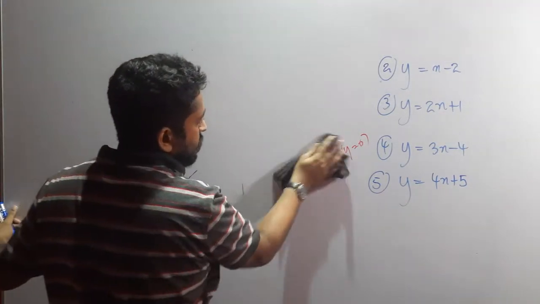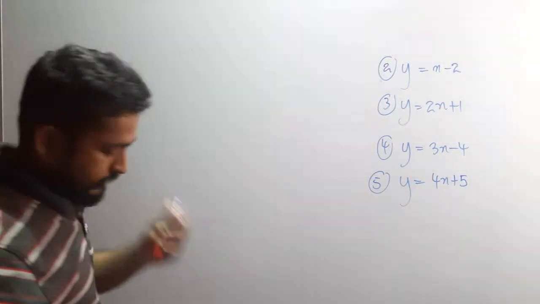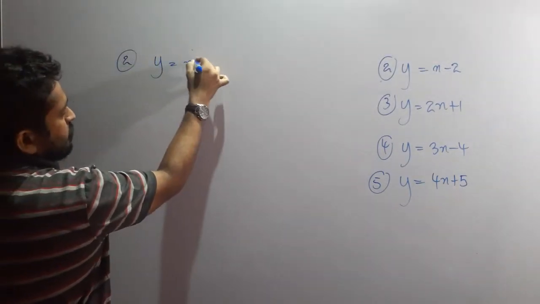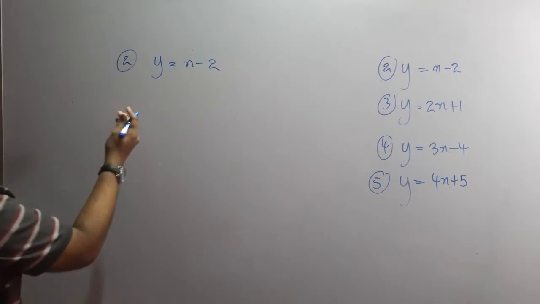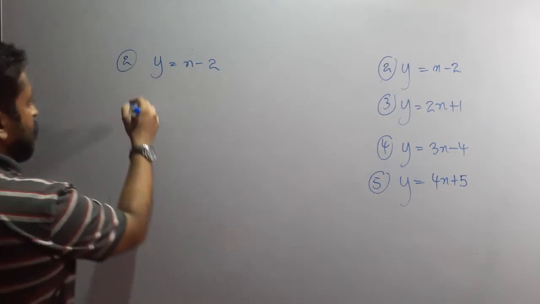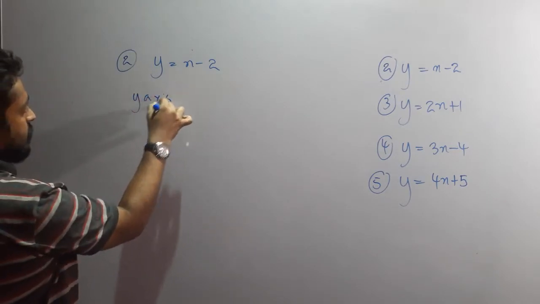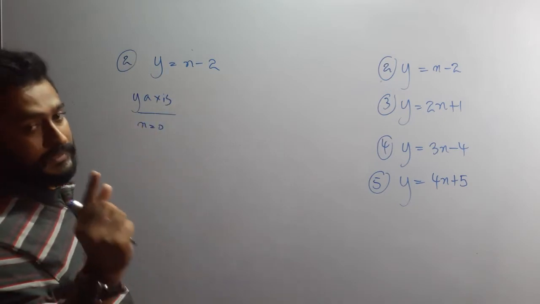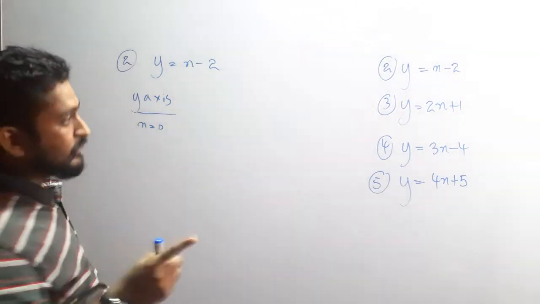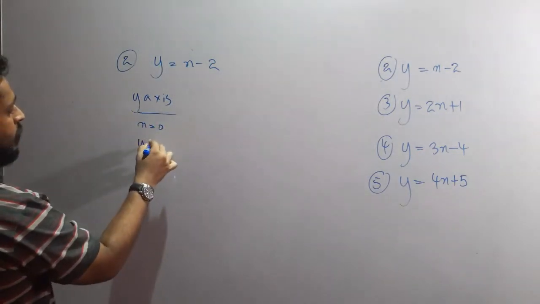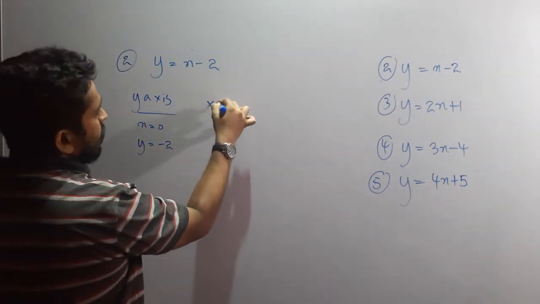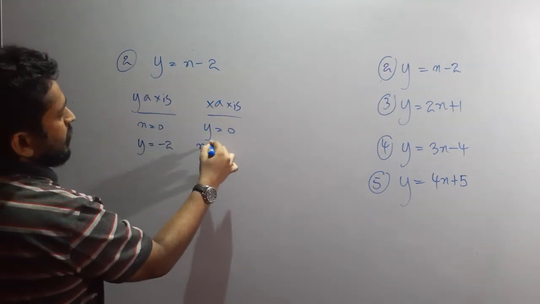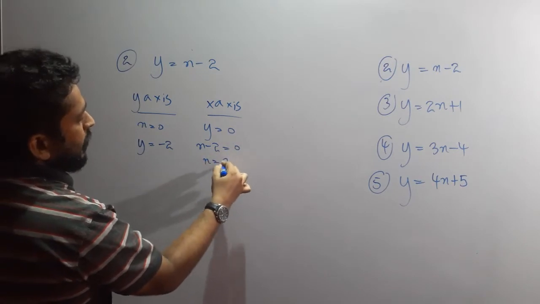Second question. Please check your answers. Y equals x minus 2. Now it is the time for the data set. To find out the cutting point of y-axis, you need to apply x equals 0, since the mathematical name for y-axis is x equals 0. Apply x equals 0, then y equals minus 2. To find out the cutting point of x-axis, apply y equals 0. Then it is x minus 2 is 0, x is 2.